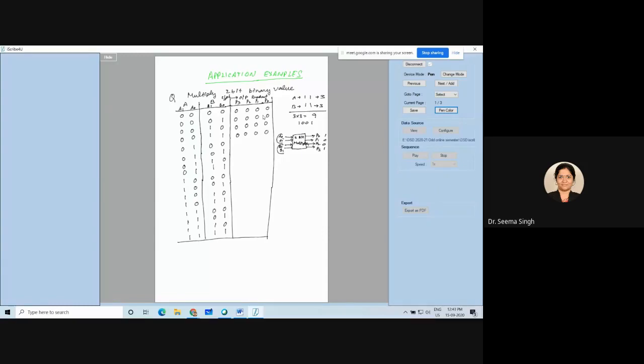Now 1 multiplied by 0 will again give me 0 only. Next is 1 multiplied by 1, which will give me 1. Now next is 1 multiplied by 2. 1 multiplied by 2 gives me what? 2, right? You people are understanding, no? A is 1 in this case and B is 2 in this case.